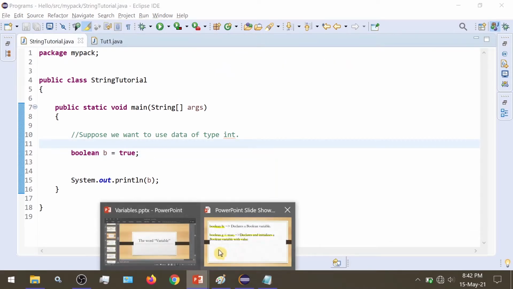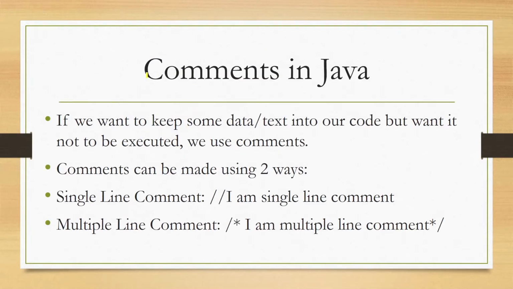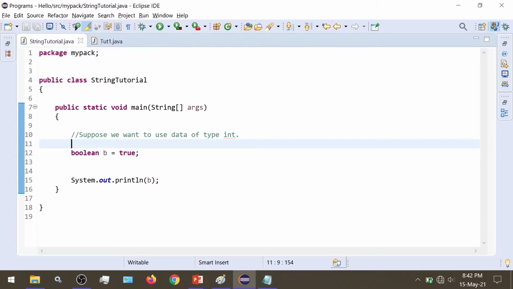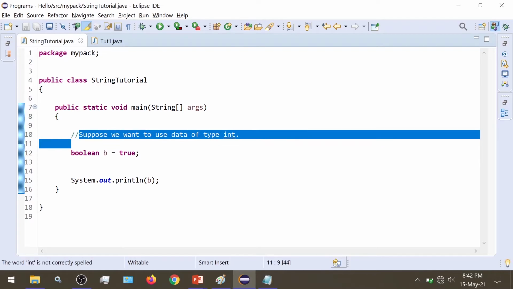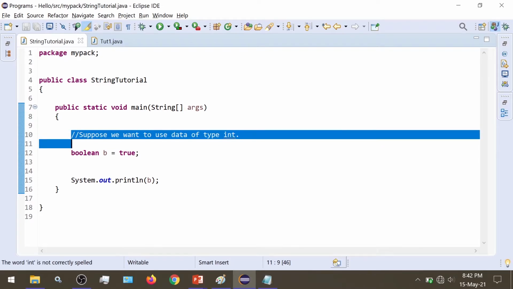So moving on, now let's understand something about comments in Java. You've seen me use statements with two forward slashes and then I have written something here. This statement doesn't have any effect on the execution of code. It is what its name suggests: this line is a comment.